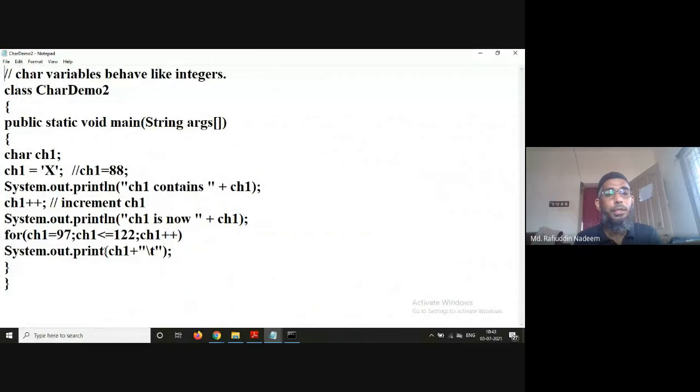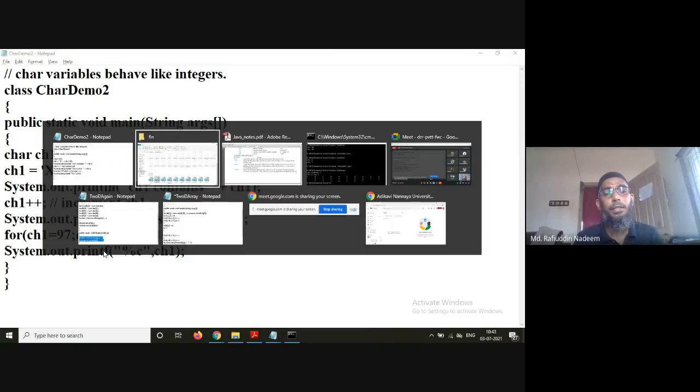What I can do here is printf %c, comma ch1. Like you use in C, I can use it like this.